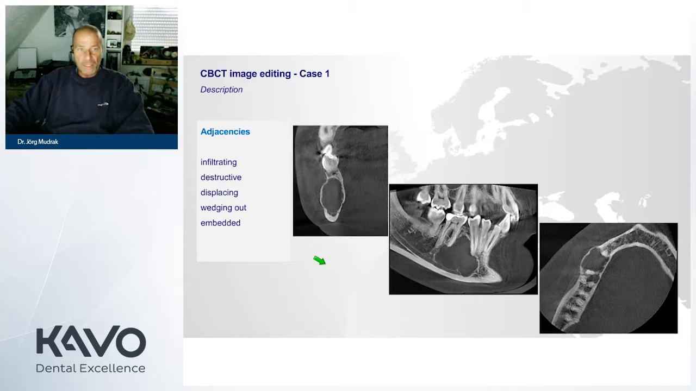Are they infiltrated, destroyed, displaced, wedged out, or embedded? In this case, we could say that it is somehow displacing at least the roots of the premolar, but it does not really look as if it were destructive. Of course, inside that area, there is no bone left. Okay,